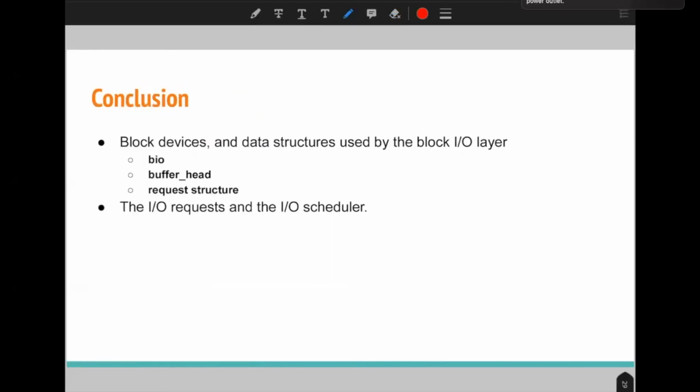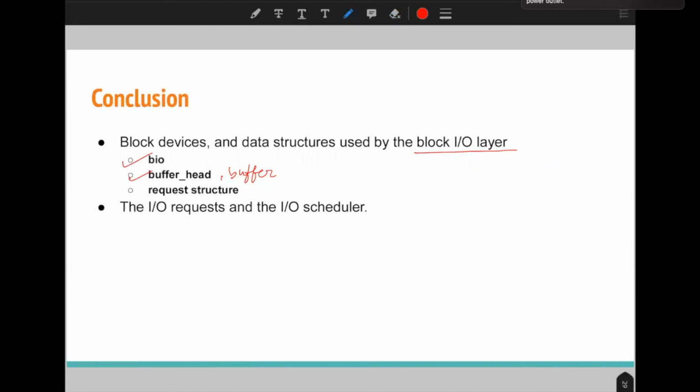In conclusion, we have discussed block devices and the different structures that are required to do block IO operations on a particular block device. We have discussed the buffer and buffer head structures, and then the bio structure and other related information.